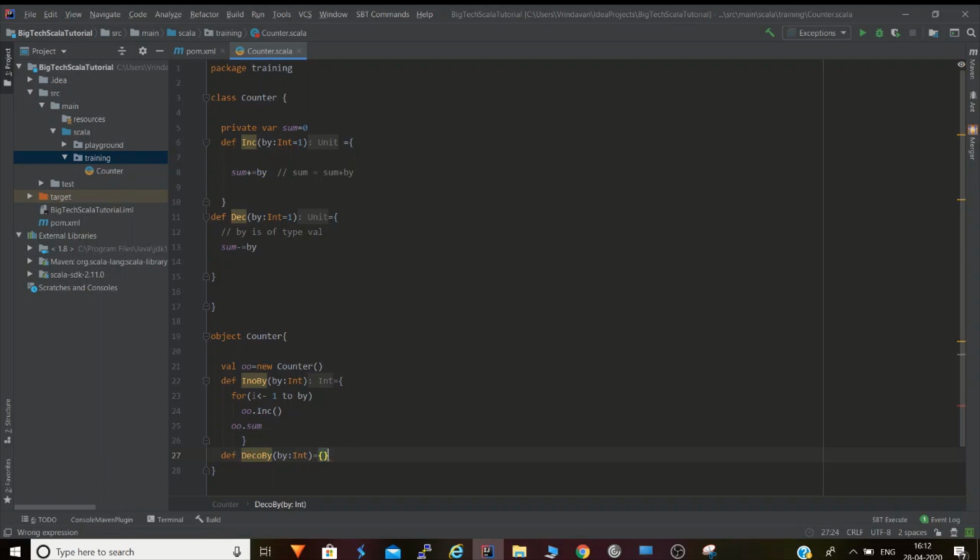And we are seeing one more thing: we are not specifying the return type of the method. So it is type inference. It is inferring from over here that sum is of type integer, so this will return an integer, and the last expression of any method is by default the return value of that method. So here the return value of the increment by operator is o dot sum. Similarly we'll just copy paste this and implement it.